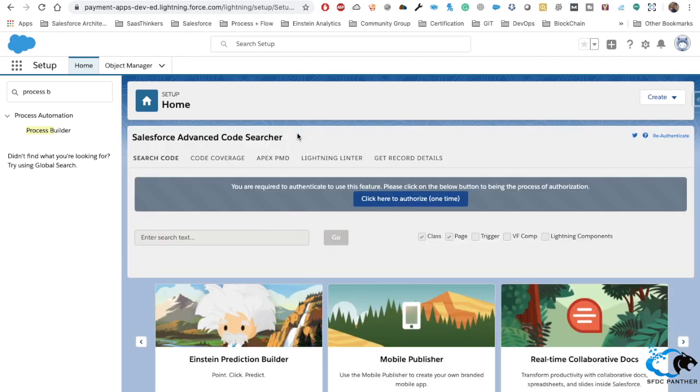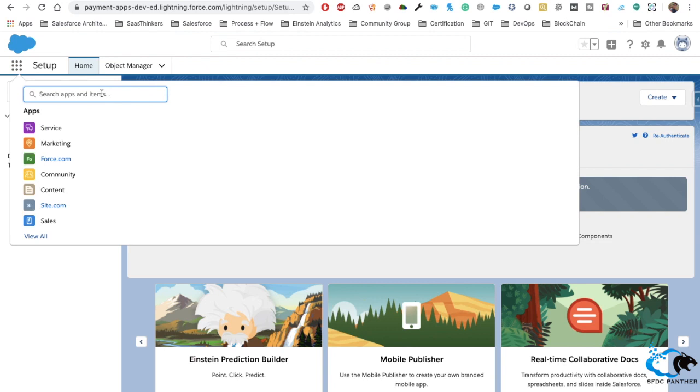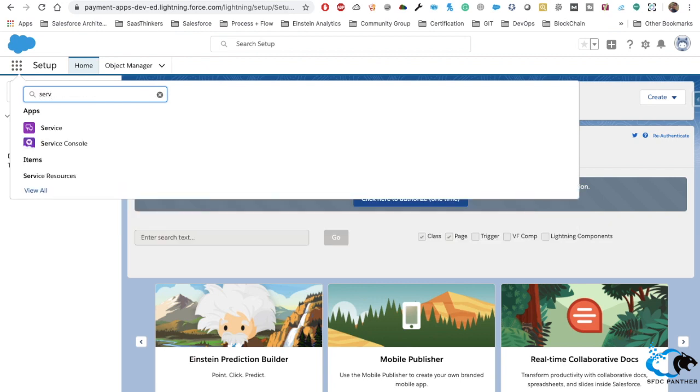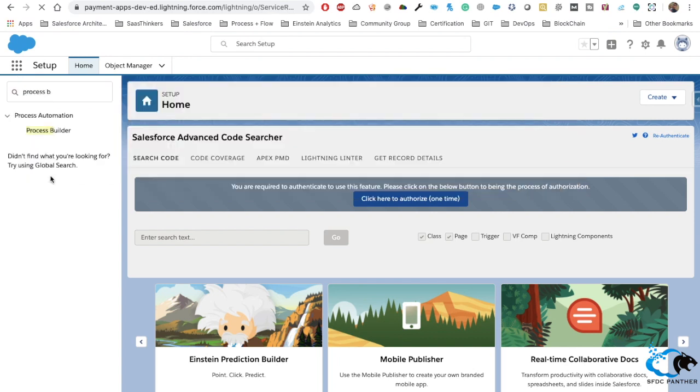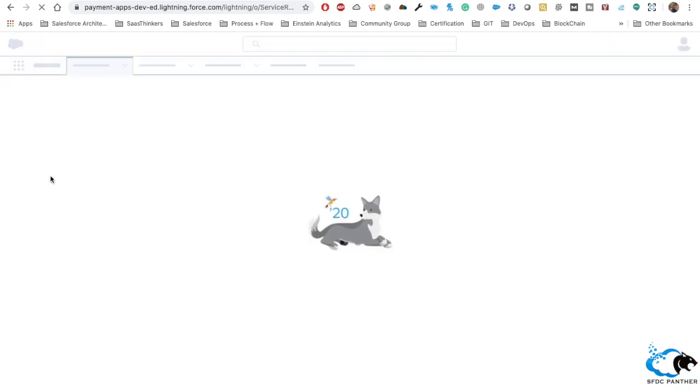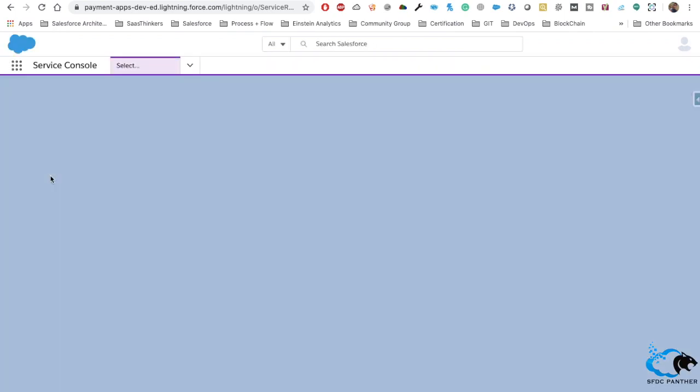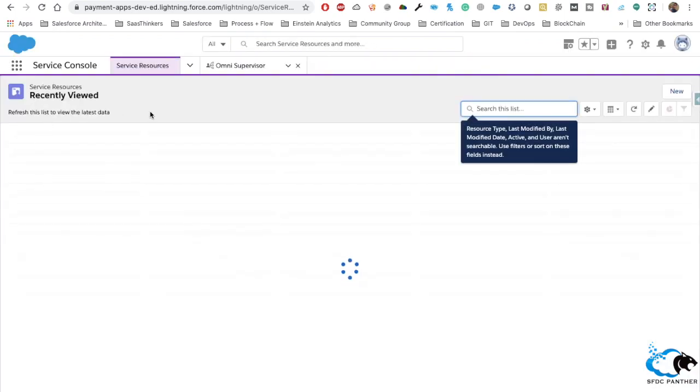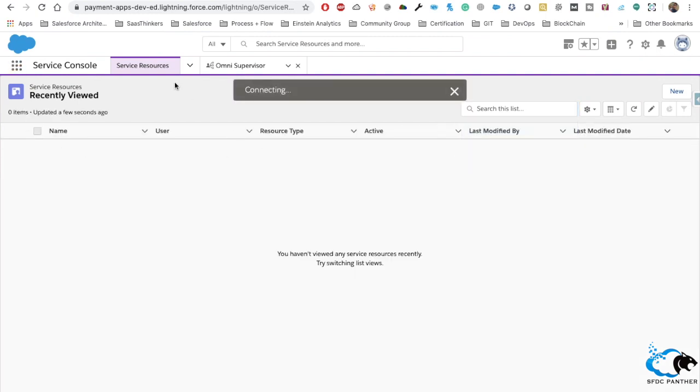The next thing is to create some service resources and then assign the skills to the service resource. So what are service resources? These are the representatives that we already discussed. If you see here, we have got a tab, service resources. If you don't have that tab available in your Salesforce environment, please go to the profile settings and enable that tab for your profile. That will be system admin if you are implementing that. So now we have got service resources.